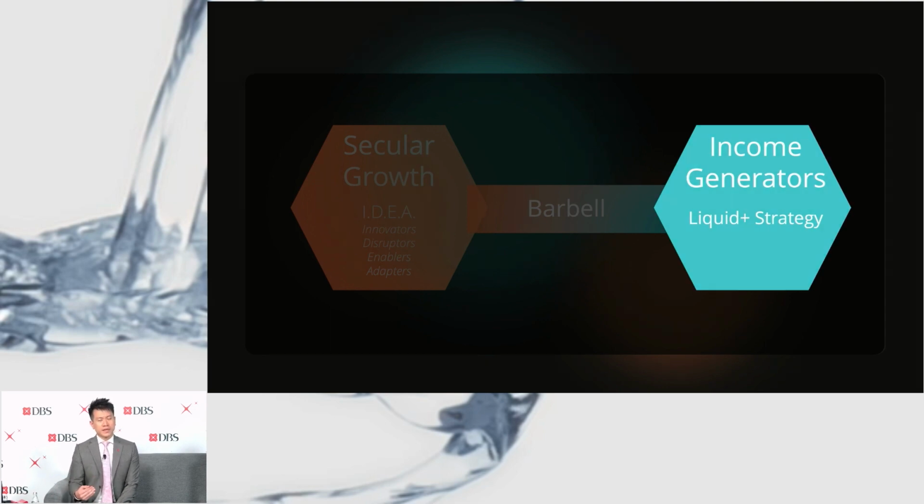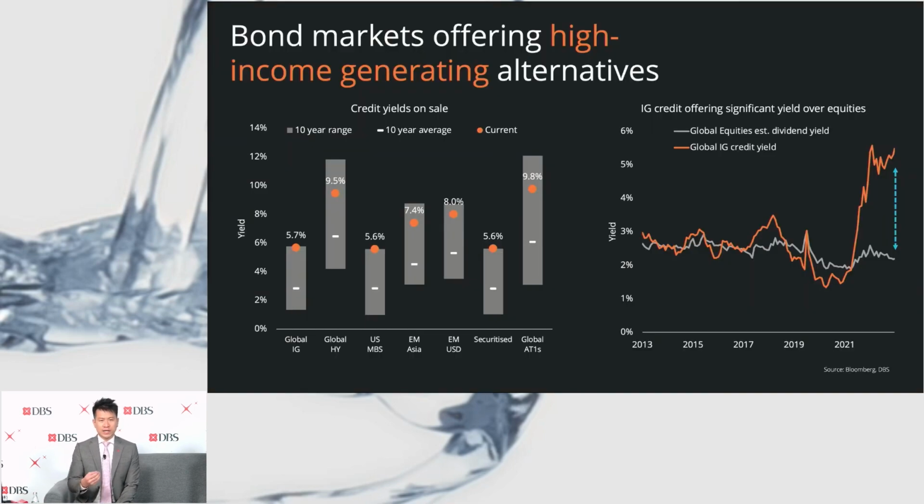All right, so this mitigates some of the common sources of risk that you see in a bond portfolio. And you will see that even with such controlled risk-taking under the Liquid Plus strategy, it is expected to still yield between 5 and 6% today, which is a very healthy level of yield, which is why we are very excited to share with you this strategy. So without further ado, let me go into a little bit on what's happening in the markets.